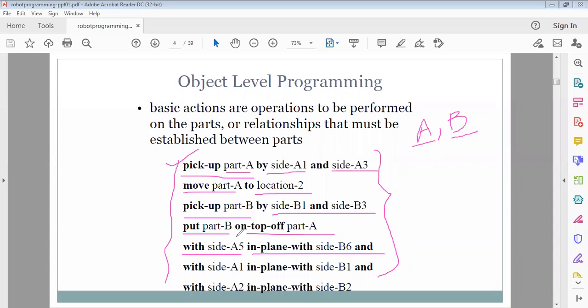Part A side A5 and part B side B6 are in plane after placing part B on part A, and with side A1 in plane with side B1,